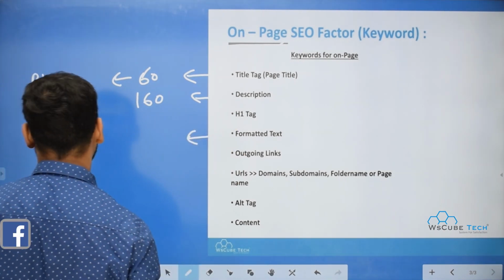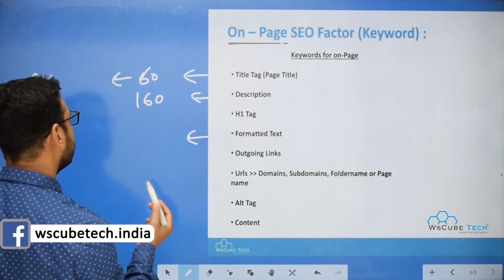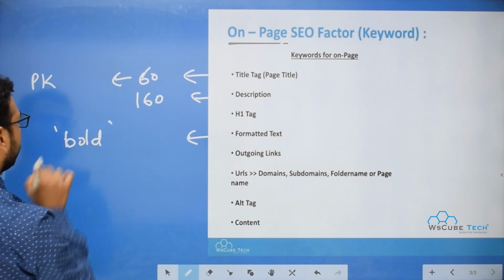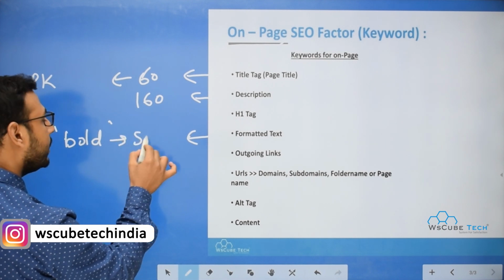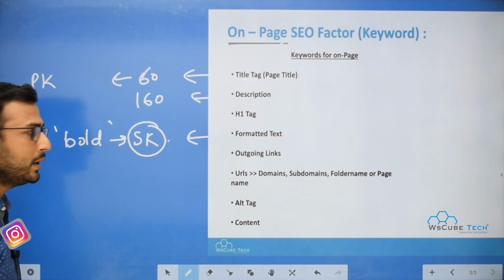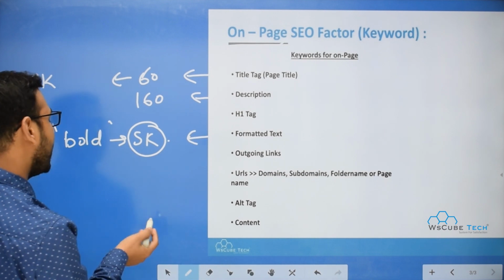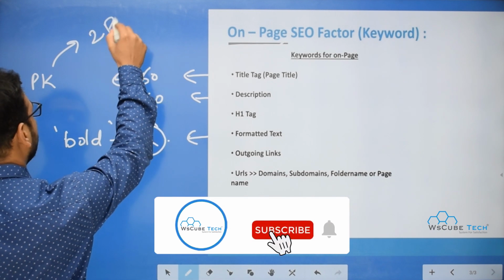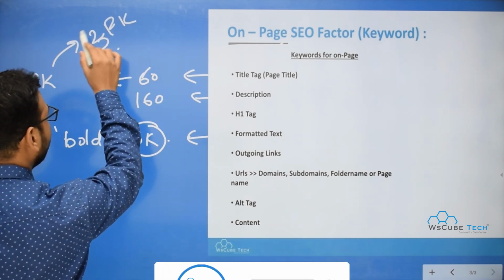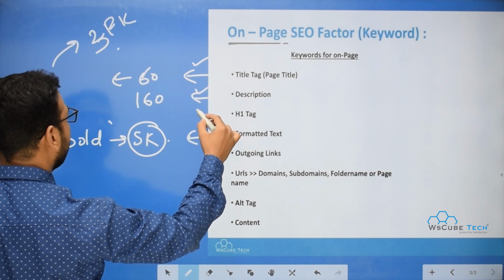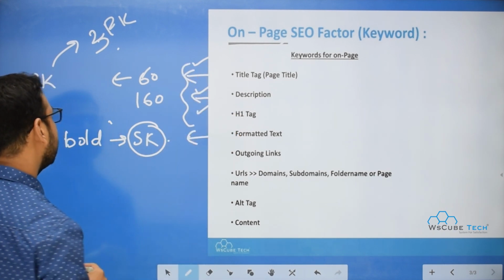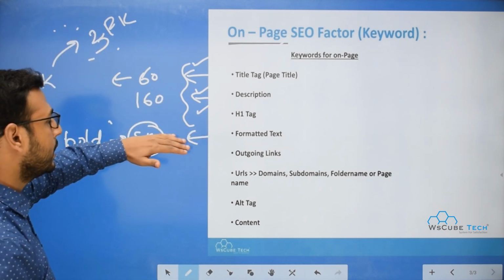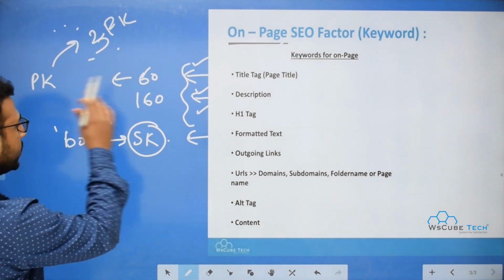Then there is formatted text. Formatted text is basically, in your content, whenever you are using some words or sentence in bold, you can put your keyword over there. And it can be a secondary keyword also. There's no restriction to the primary keyword. For example, if you have decided 2 or 3 primary keywords, the first 2 you can use in the 3 elements, and the other 2 primary keywords you can use with formatted text or the outgoing links and something like that. So you can use a mix.